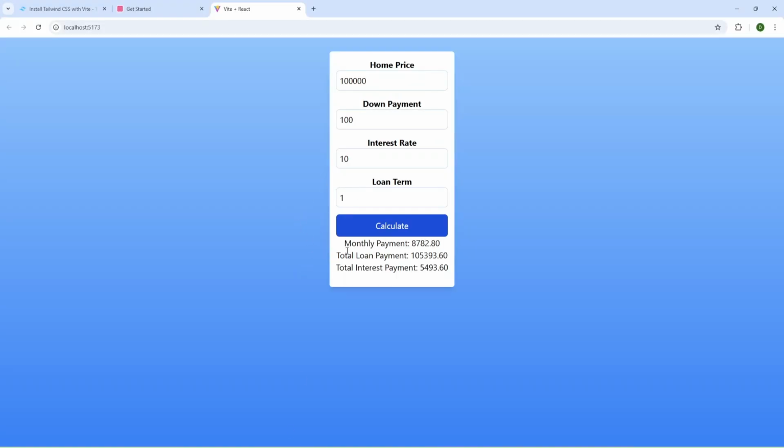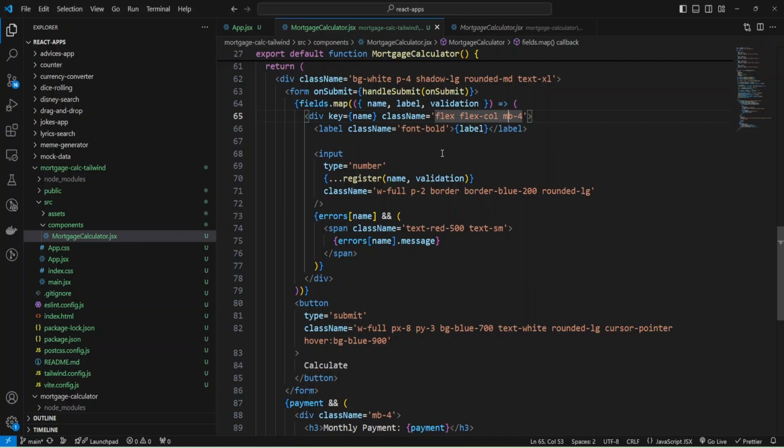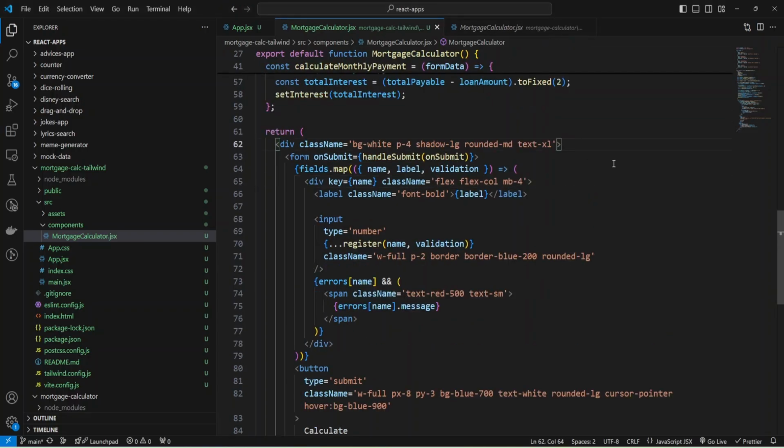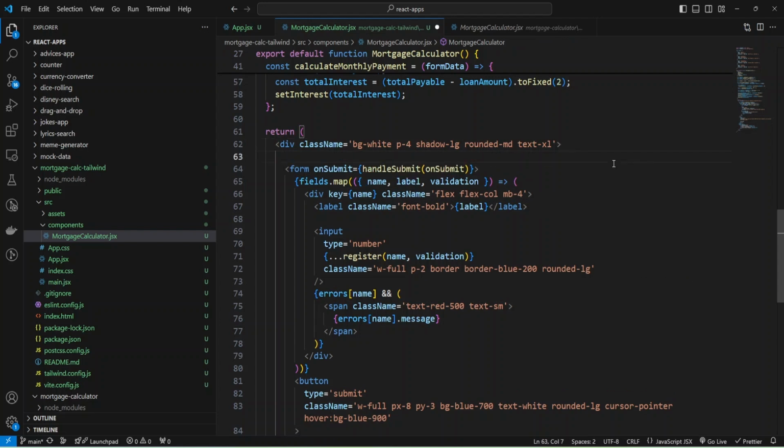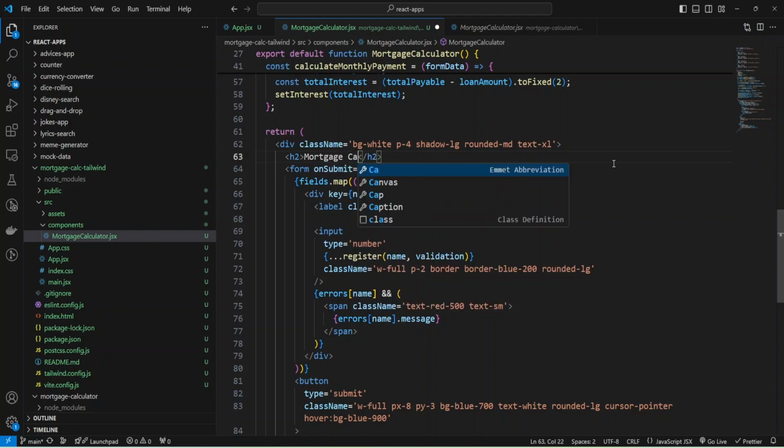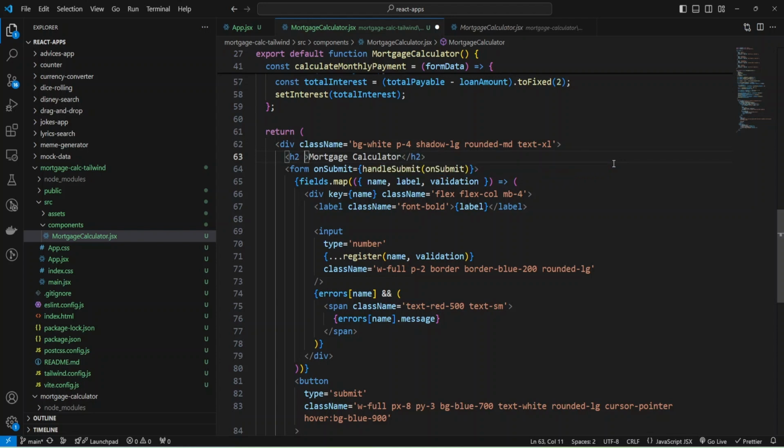And okay, we have some margins at the bottom, and let me add, probably, an h2 tag. Let's add h2 tag and provide mortgage calculator and provide class name and add margin and also make font bold.